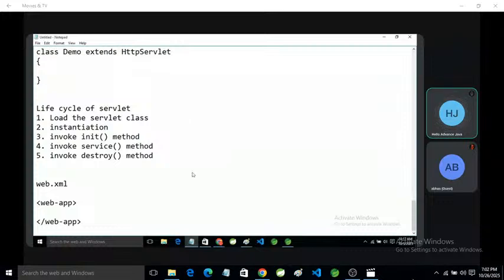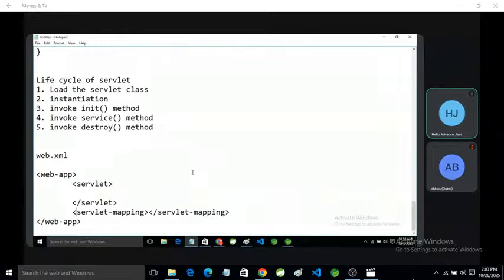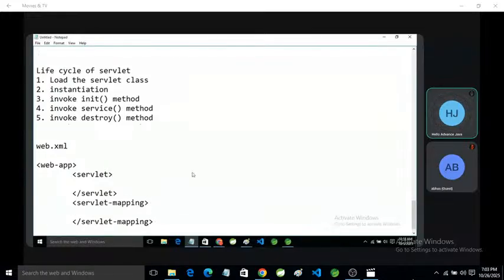Okay, and this web-app has two subtags: servlet, with starting and ending tag, and servlet-mapping. So web-app has two subtags: servlet and servlet-mapping.